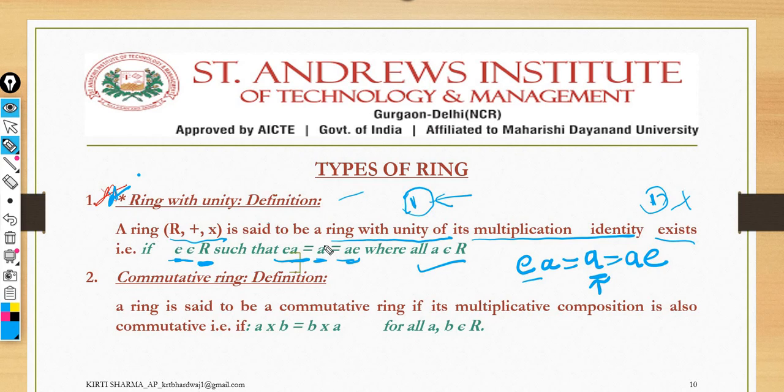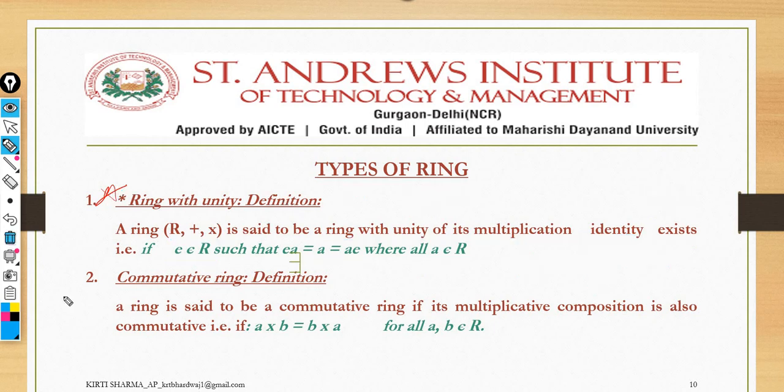So this terminology is important. What is a ring with unity? Make sure it is clear to all of you. If I'm saying ring with unity, it's already understood that we are taking 1 as the multiplicative identity element here. That's why it is known as a ring with unity. Okay. The next thing that is important here is the commutative ring. What do you mean by commutative? Of course, a ring whose multiplicative composition satisfies the commutative condition.